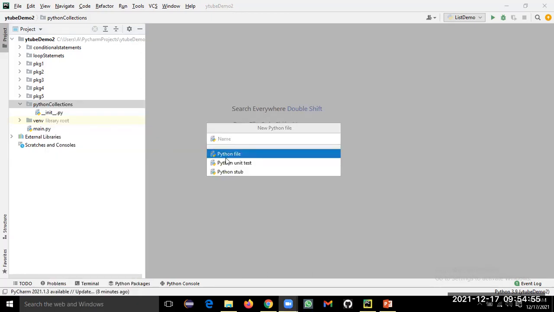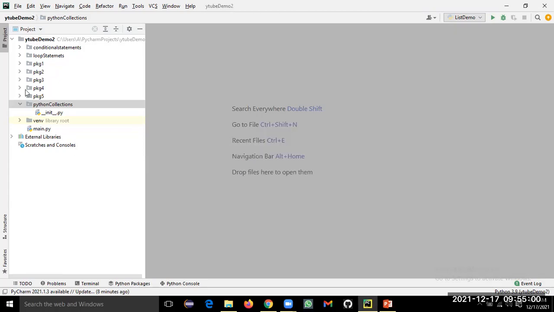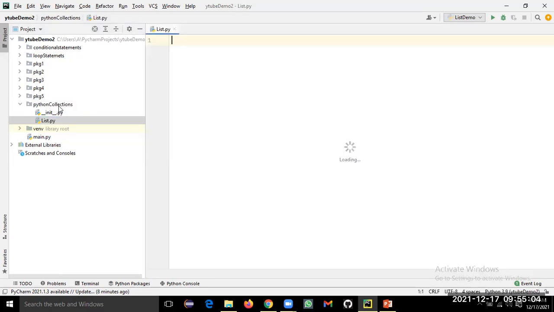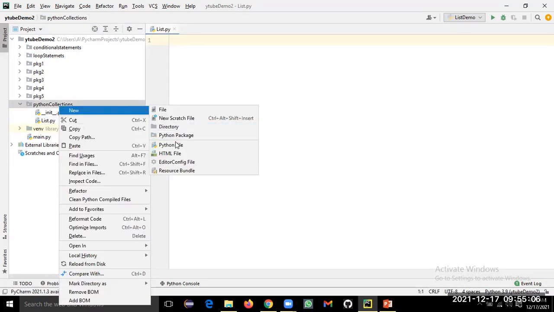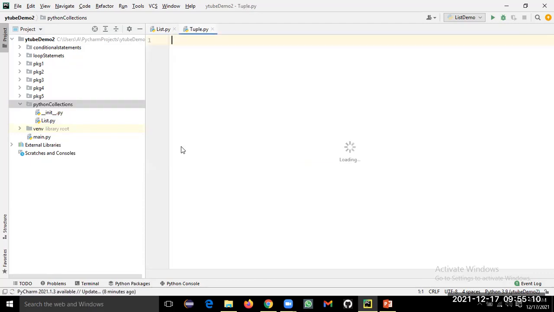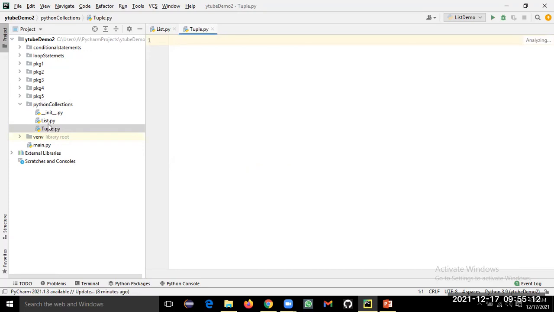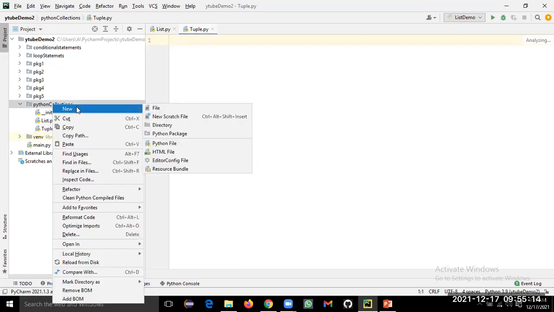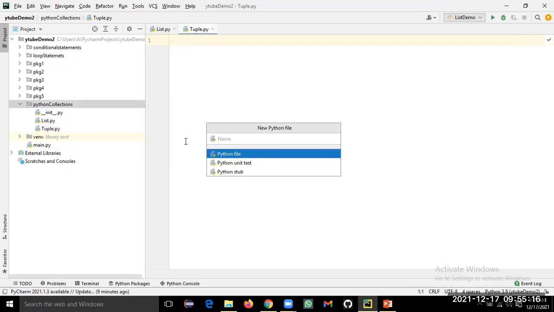This one is for list, then the next Python file we'll name tuple, so list.py, tuple.py, then set demo.